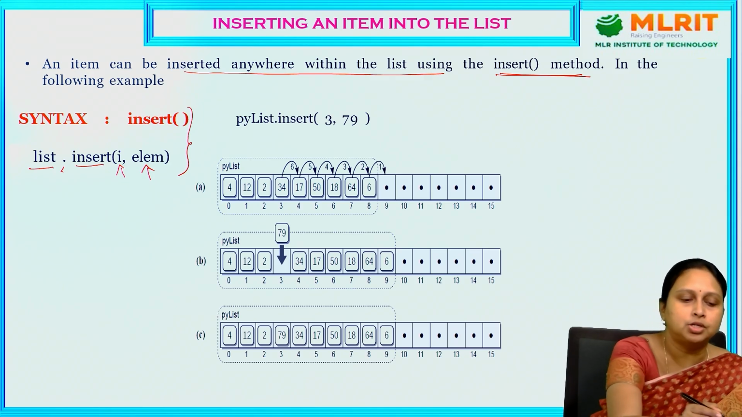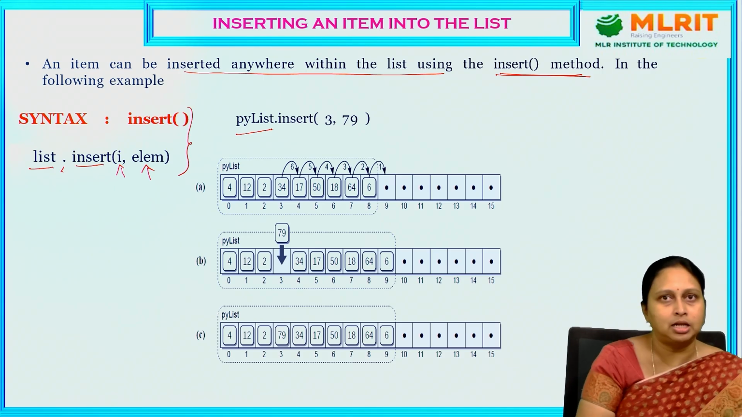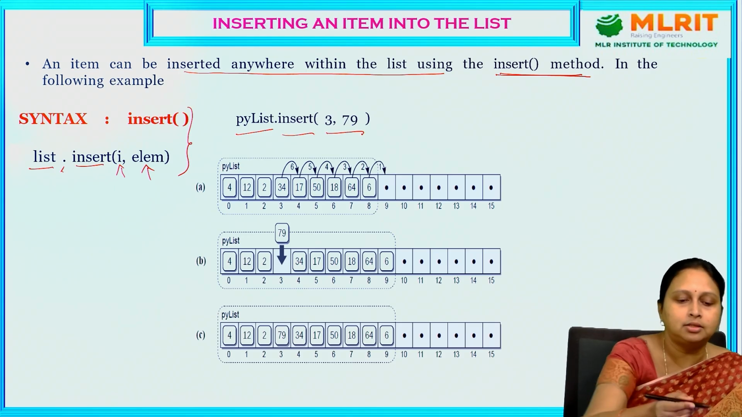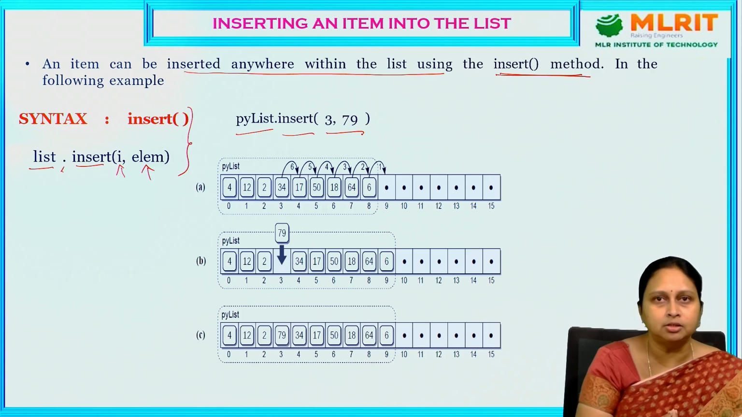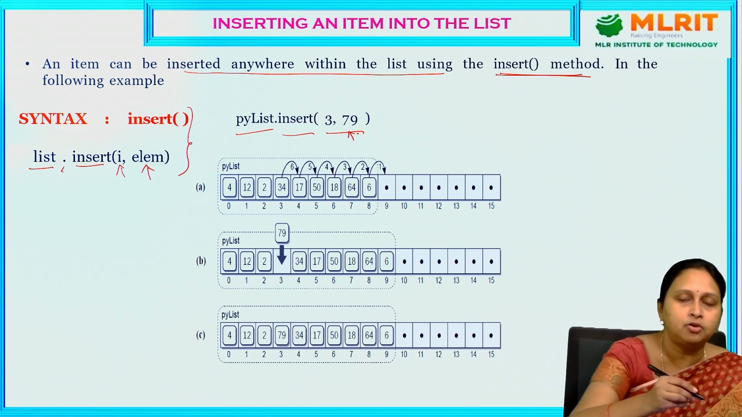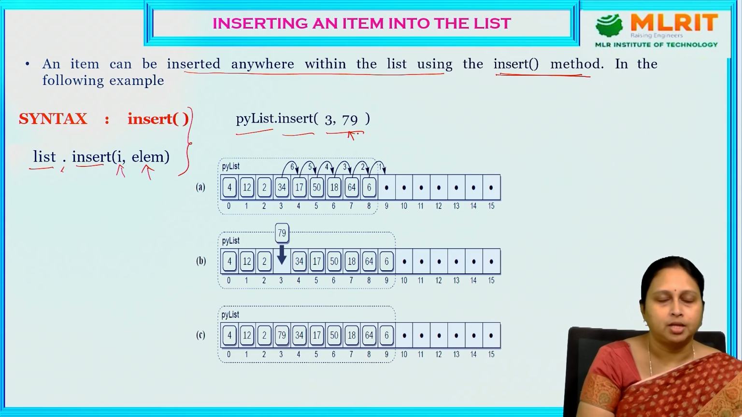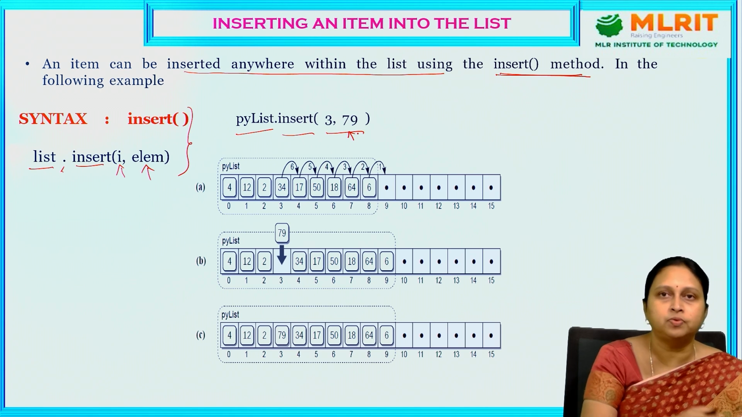Now let us consider py is nothing but the list. Insert is the method, and 3, 79. 3 is the index where you want to insert and 79 is the element you want to insert into that particular position. When you want to insert an element in that position, first we need to